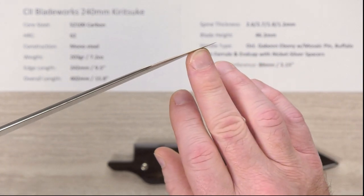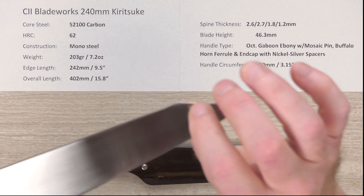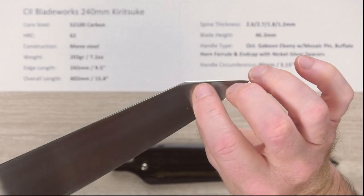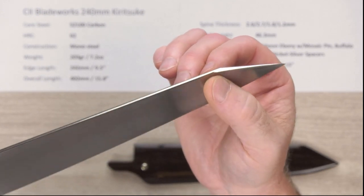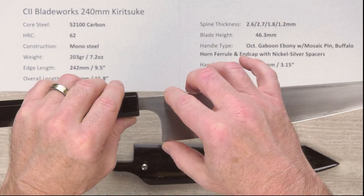You can see how thin that is by the tip. He's also put a really cool swedge or false edge on the reverse sword tip point here on the Kiritsuke point, so it's got a really cool look to that. So he's thinned that down, pretty neat looking. The blade height is 46.3 millimeters at the heel,